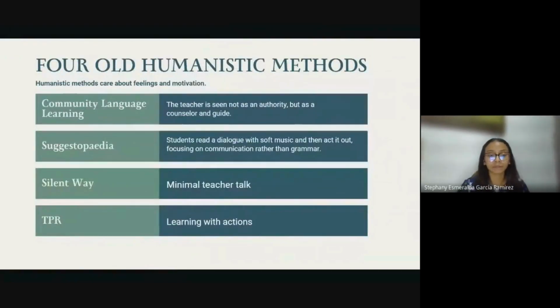grammar rules. In addition to these, there are also humanistic methods, which focus on students' emotions and motivation. Some examples are community language learning, where the teacher is not seen as an authority, but as a guide. We have Suggestopedia, where the teacher focuses on music and on having a relaxed environment. Also, we have the silent way that we saw before, where the students are independent and the teacher